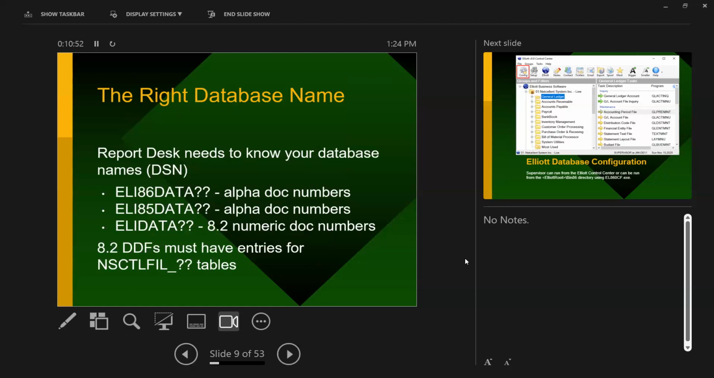So Report Desk needs to know your DSN, or your database names. And we support the standard formats. So you've seen these before, the ELI 885 data 01 for company 1, or data 02, or however you have yours set up. It also supports the 8.2